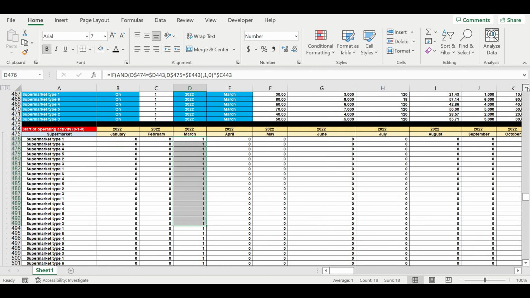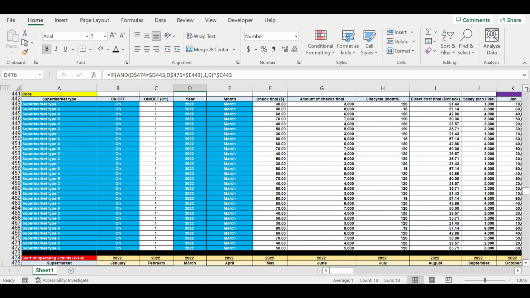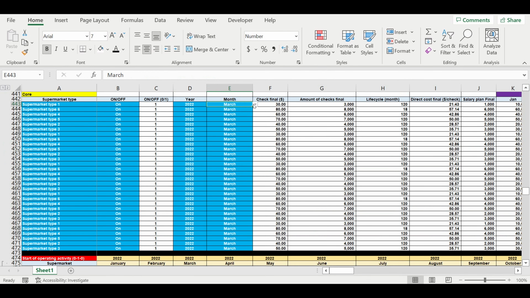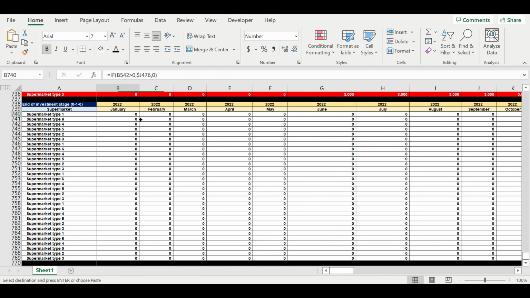So for example, let it be June 2022. And what we are doing, we put equals,